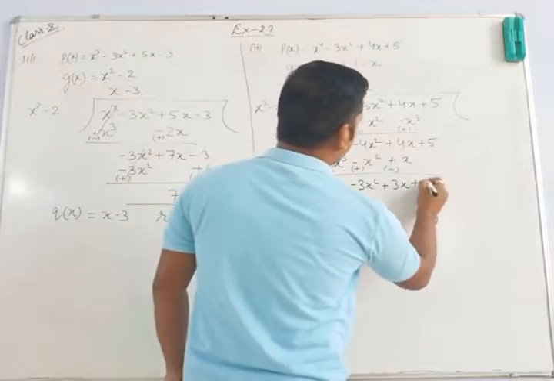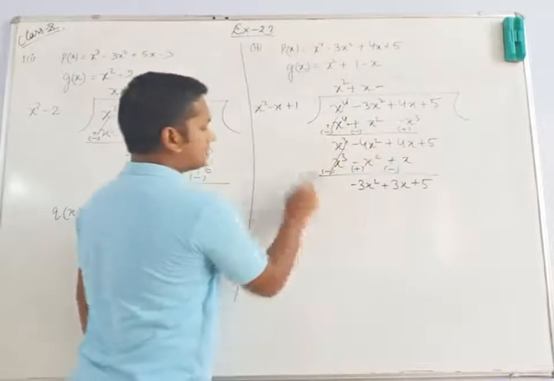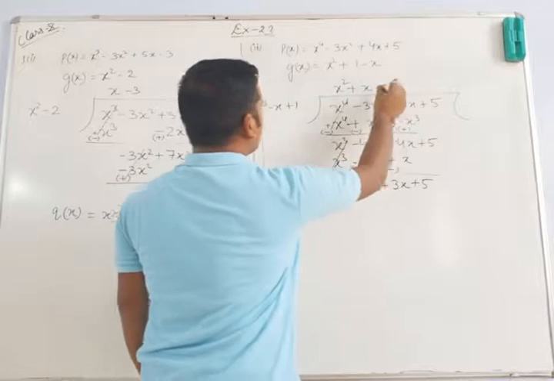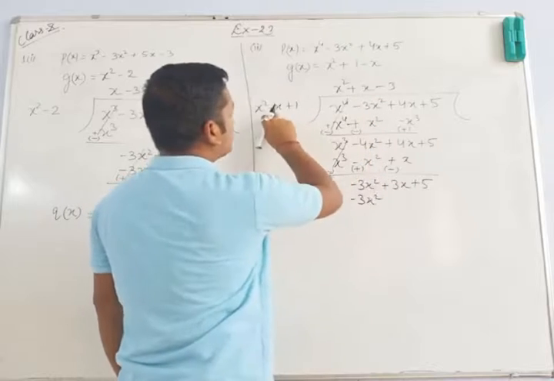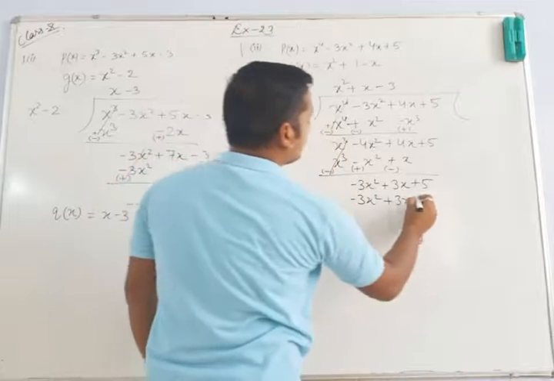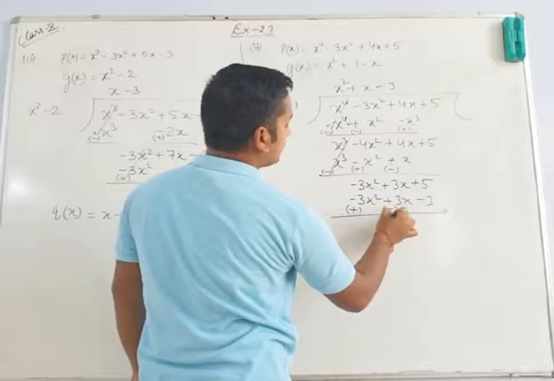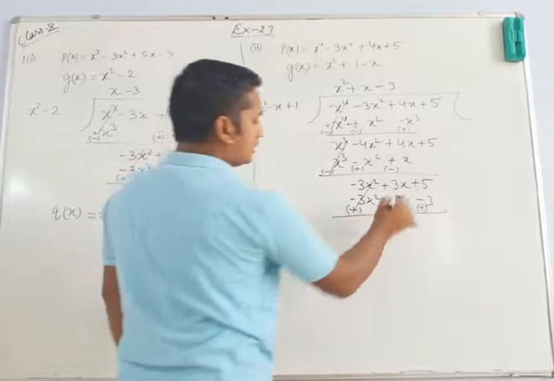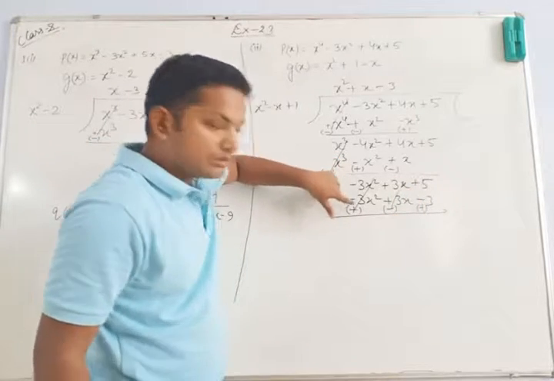Plus 5. Okay. Now multiply this equation, because x square is there, only minus 3 is not there, so we will be multiplying it with minus 3. So minus 3x square it will become this one. Okay, and minus plus 3x it will become, and minus 3 and plus 1 will give you minus 3. Now the sign will be changed. This will be positive, this will become negative, and this will become positive. So it will be eliminated. These two will also be eliminated. This is minus, this is plus, so it will be eliminated.